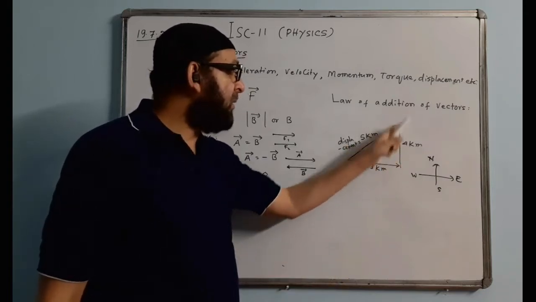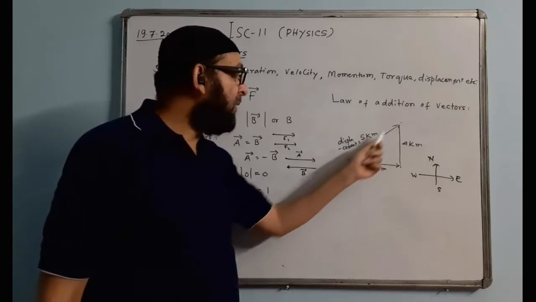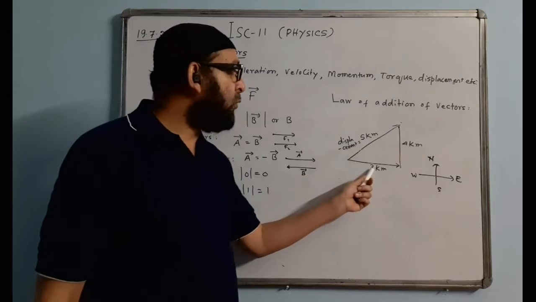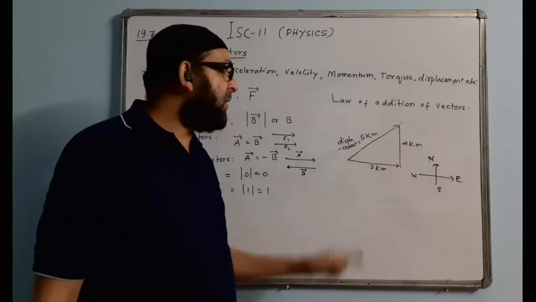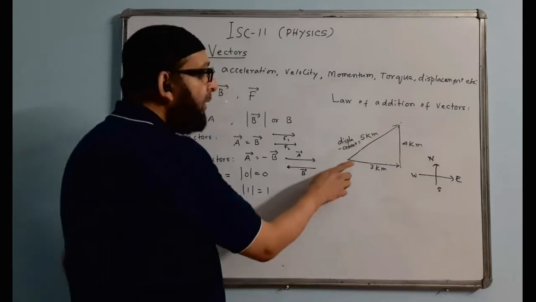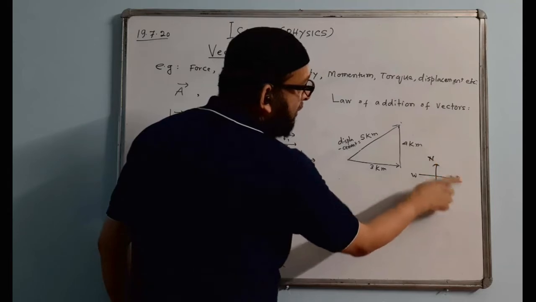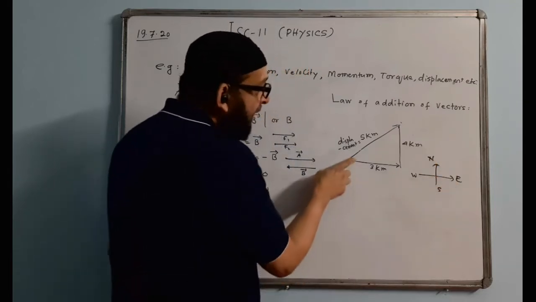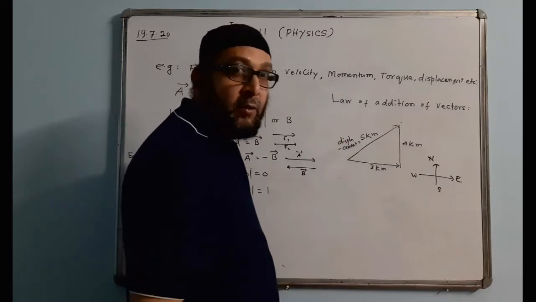In this case, it becomes a right angle triangle, and we'll find the hypotenuse of this triangle, and 3 square plus 4 square gives us 5 kilometers. And it will have a specific direction. Direction also you have to mention. What direction do you call it? North, east. And it will be having some specific angle also. At that particular angle it is acting in the northeast direction.